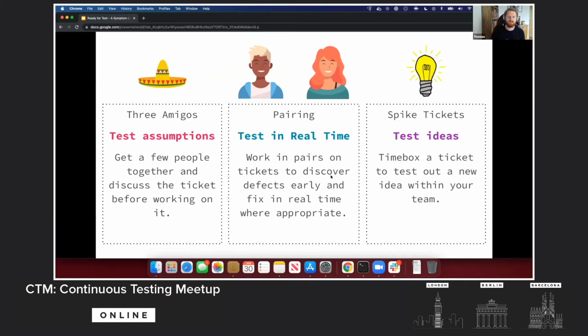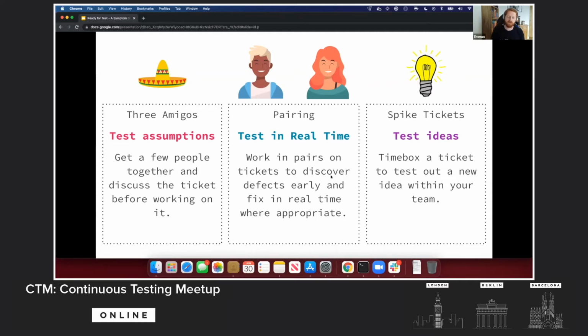You're going to start to test the assumptions. How well are the requirements defined? How well are the non-functional requirements defined? Are there any test or release concerns that need to be considered? You can start to ask these questions up front to try and catch some faulty ideas, some faulty assumptions in the very ticket, so that you don't start working on something that isn't properly understood.